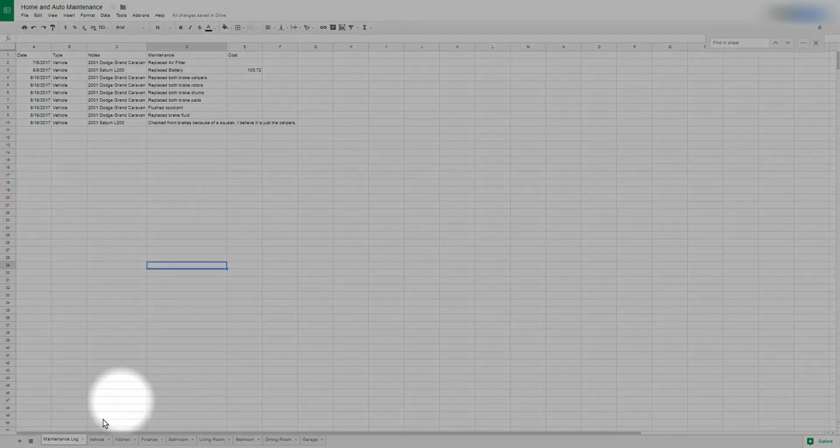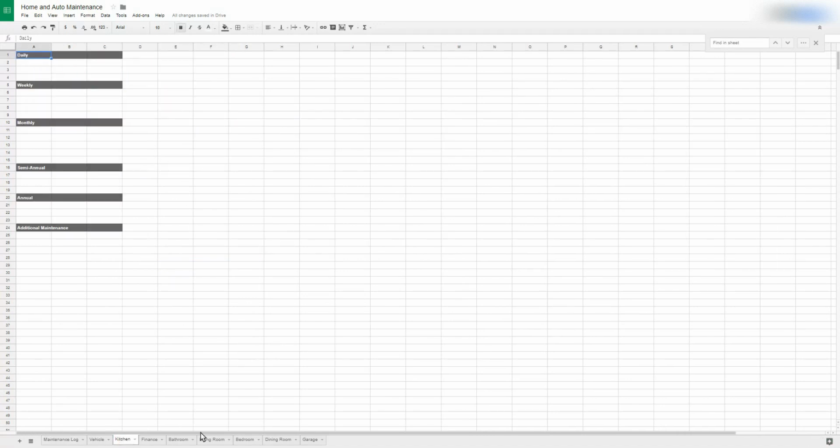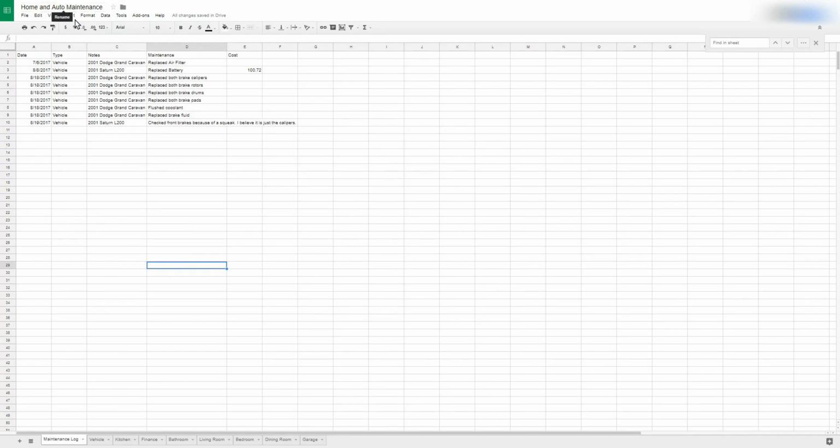So you can see down here, I've got different tabs similar to tabs in an internet browser, and all these is really just different worksheets. So right now I'm on the maintenance log. If I click on kitchen, it's going to take me to a different sheet. All of these sheets together are a collection that make up a workbook that has a title. So this is my home and auto maintenance workbook. It's something I'm kind of making. It's still in the works, but I'll show you some of the features that are available with